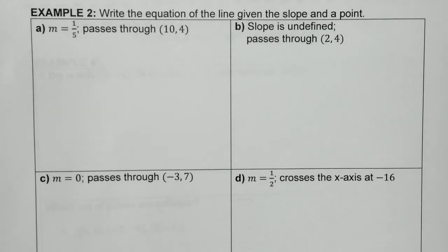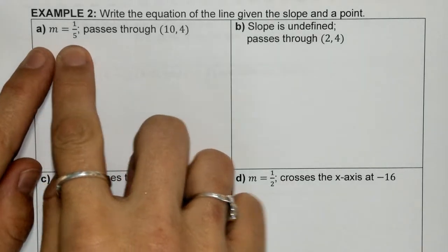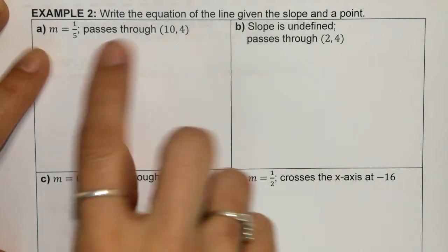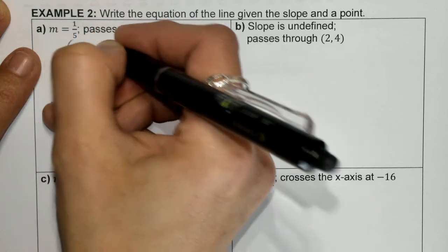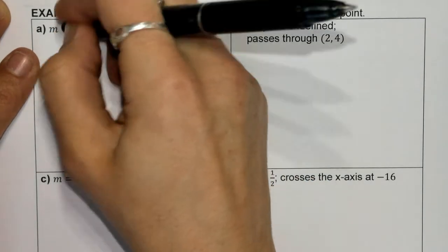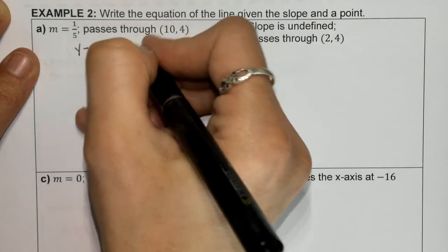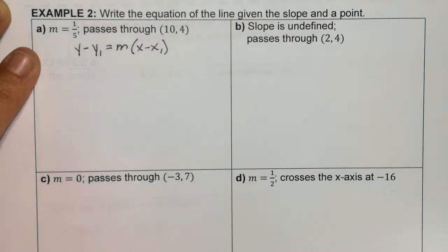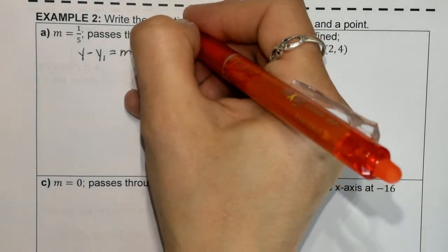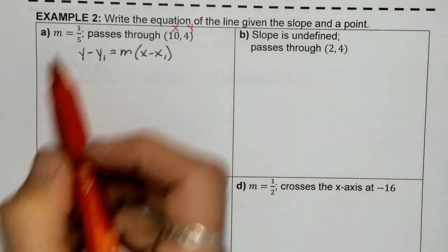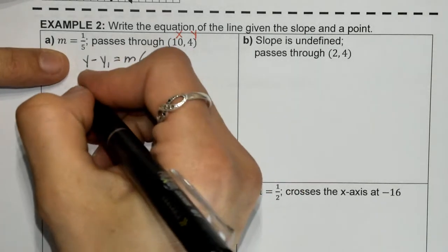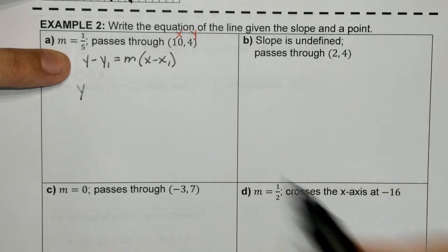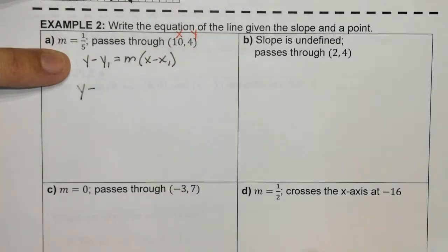So let's look at a couple different examples when I don't have a graph. Here I have my slope and I have a point. Because I have my slope and my point, I need to put this in point-slope form. So y minus y1 is equal to m times parentheses x minus x1. This is my x and my y, and m is our slope. So we're going to fill it out here. Y stays. We subtract our y-coordinate, which is positive, so we just subtract